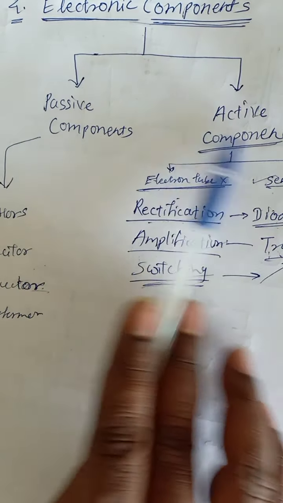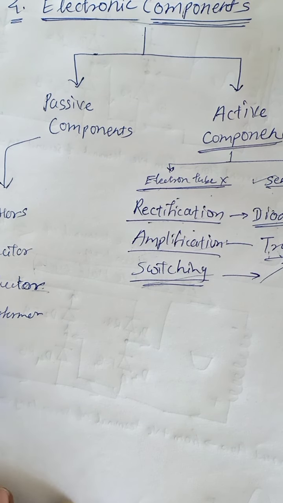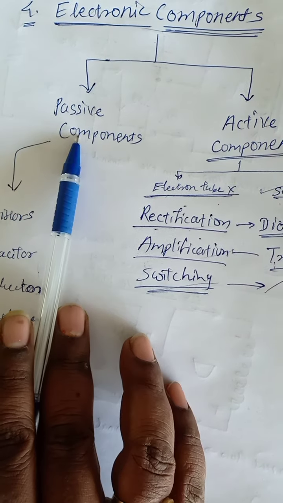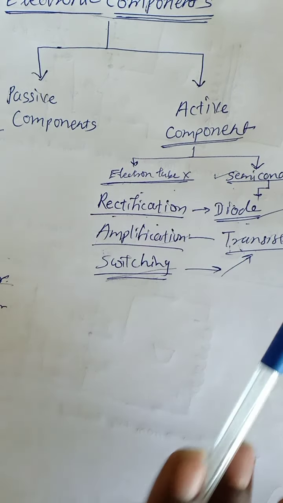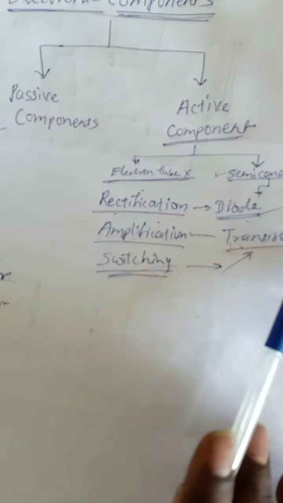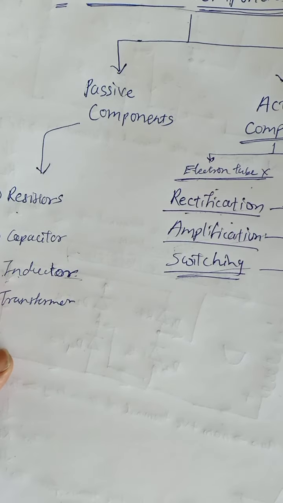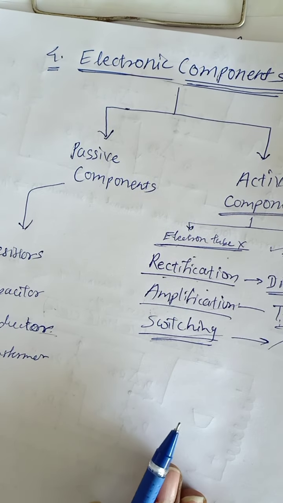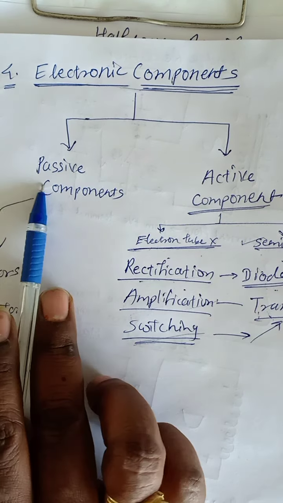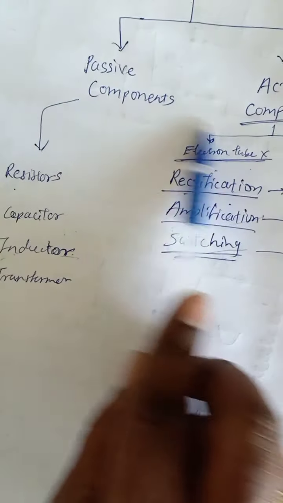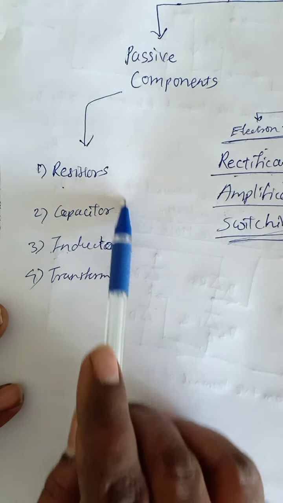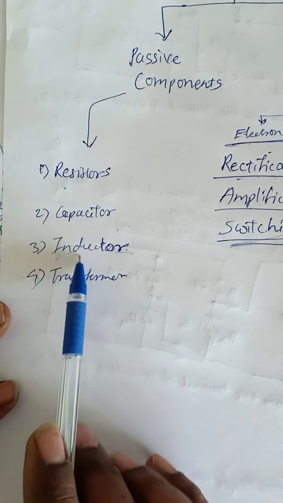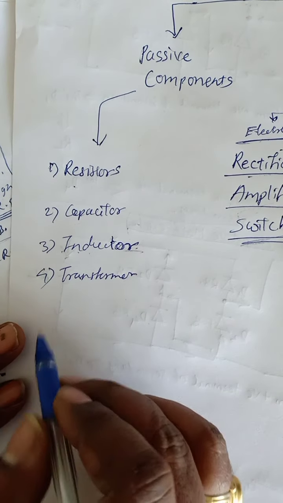So these are the passive components and active components, the two main categories. There are only 3 to 4 components under passive components. In active components there are also a few components: diodes, transistors, different types of diodes and different types of transistors. So these are electronic components. We are going to study all these types. In paper first we are going to study these components: resistor, capacitor and inductor. So let us start from the resistor.